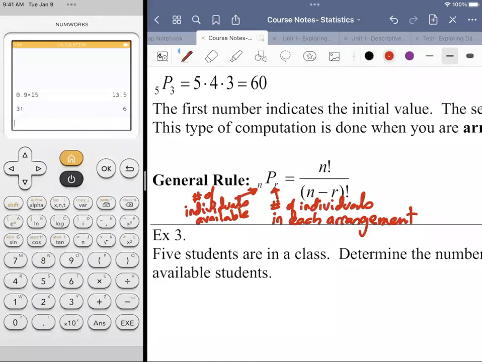Because if the new car is for the winner, and the big screen TV is for the first loser, and then the second loser gets something else after that, and the third loser, and so on, all the way down to the ninth loser. So the person who finishes 10th,